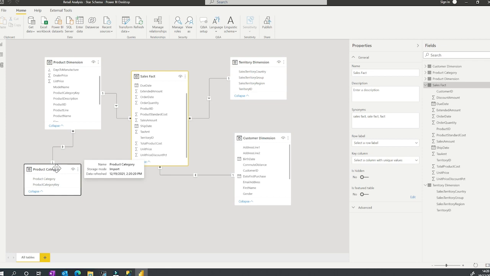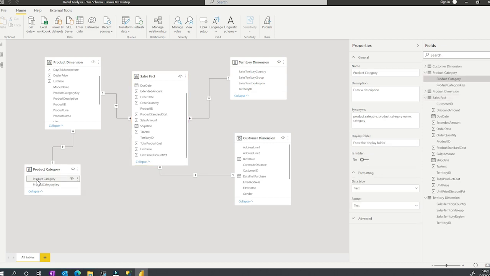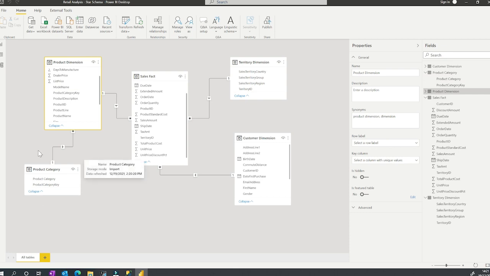But the purpose of this video is to show how we align as closely as possible to a star schema approach. And what we now have here is what is known as a snowflake schema instead. So we should try and prevent having relationships between dimension tables. Again, with our star schema, we want to have less tables, less joins, right? So ideally, what I will do in this situation here, I will essentially take the column which we need, which is product category, and then merge it into product dimension instead, rather than have this additional dimension that is related